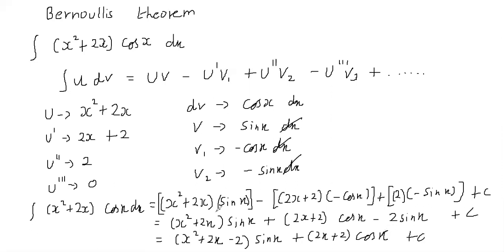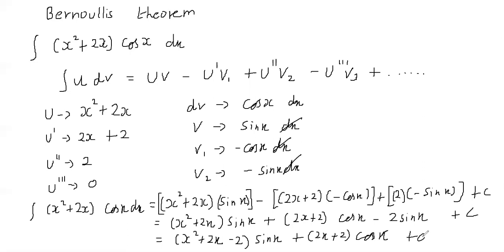Okay, so we can split this into a sine term and a cos term. In the sine term we have minus 2, so we can take sin x common. What is left in this term? X square plus 2x, and what is left in this? Minus 2. Okay, so this is the answer: